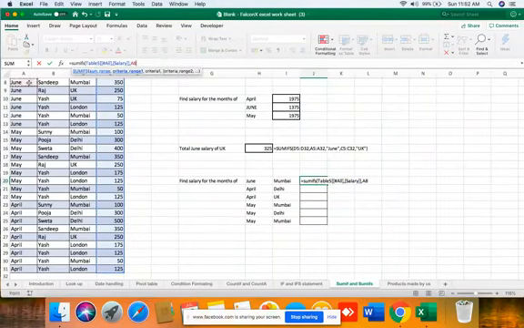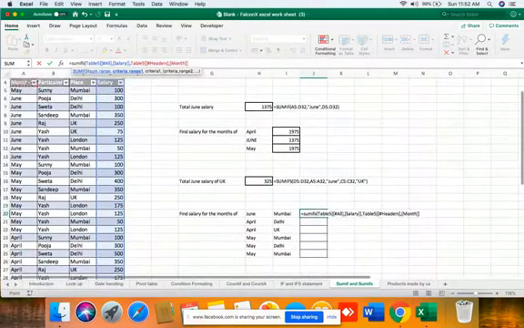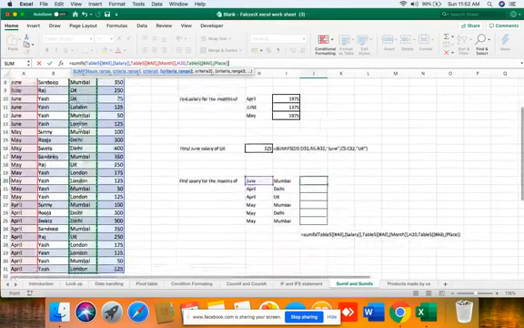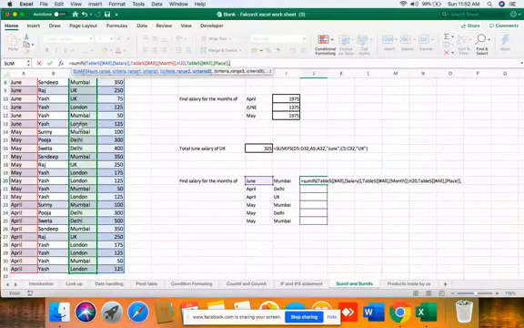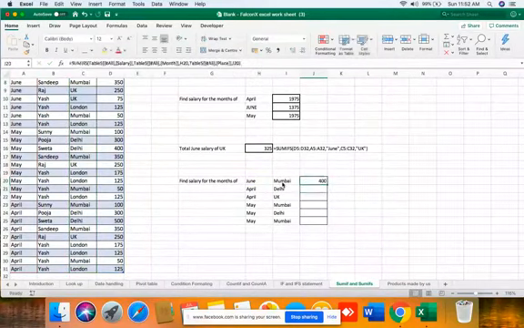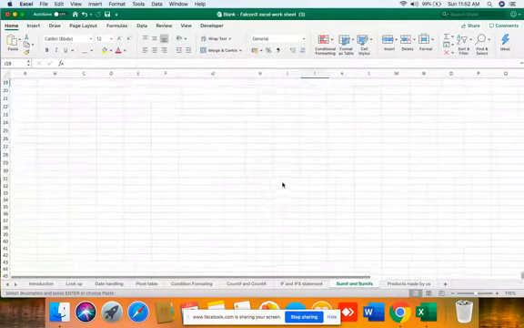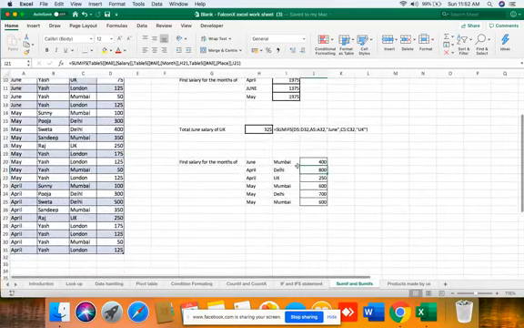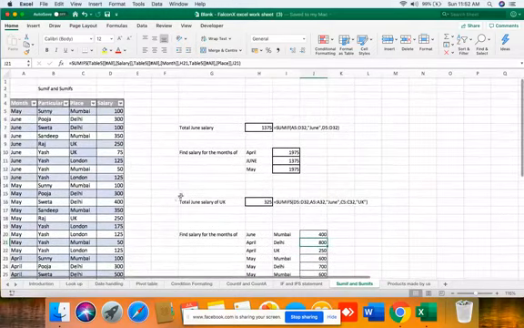First criteria is month, so let's select the month column. Criteria is here, selecting. Second column, second is this, and here we have Mumbai. Now we are copy pasting the formula. As you can see, we got all the answers. This was for today.